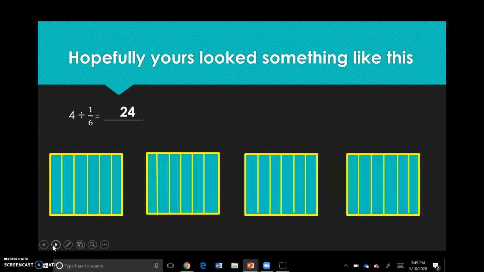Are you seeing a pattern here about what you're starting with, how you're dividing it, and what your answer is? Hopefully you're thinking a little bit about